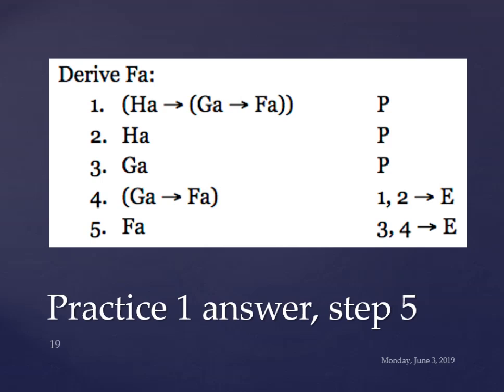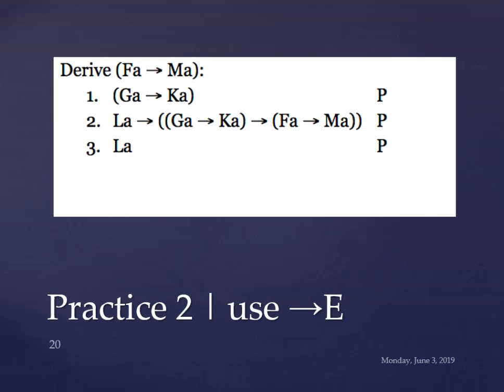All right, here is a more complex one. I want you to derive FA arrow MA. Now, I only want you to use arrow elimination. Don't worry about using arrow introduction. So this is what I want to get. This is what I need on my last line. Now, where is it in my premises? If you're inspecting your premises, you should see it right here. So you're going to have to eliminate this arrow,